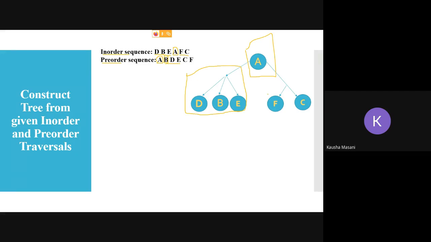Similarly for F and C, locate F and C in your pre-order. Why are we going for pre-order? क्योंकि हमें डिसाइड करना है कि इन दोनों में से पेरेंट नोड कौन बनेगा, ठीक है। So F and C, which is the leftmost? C, क्योंकि वो सबसे लेफ्ट में है उन दोनों के बीच में से. Okay, so B will be my parent node on the left main subtree. C will be my parent node on the right main subtree.